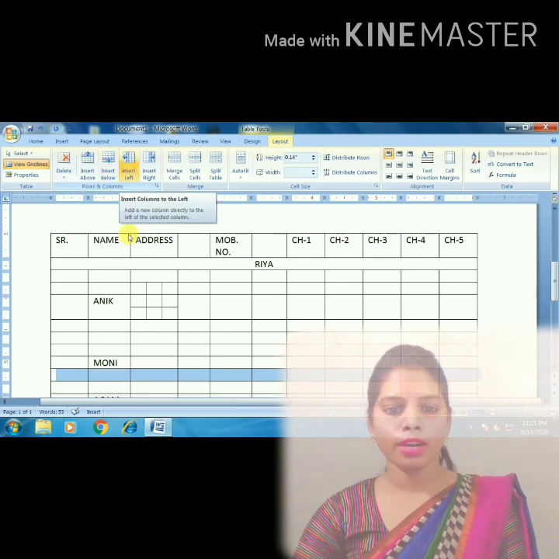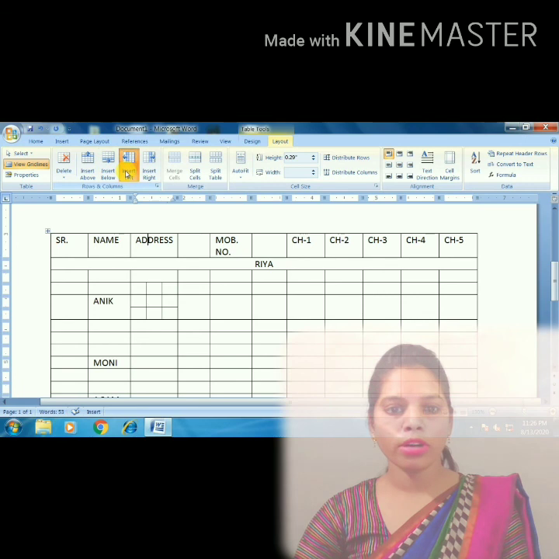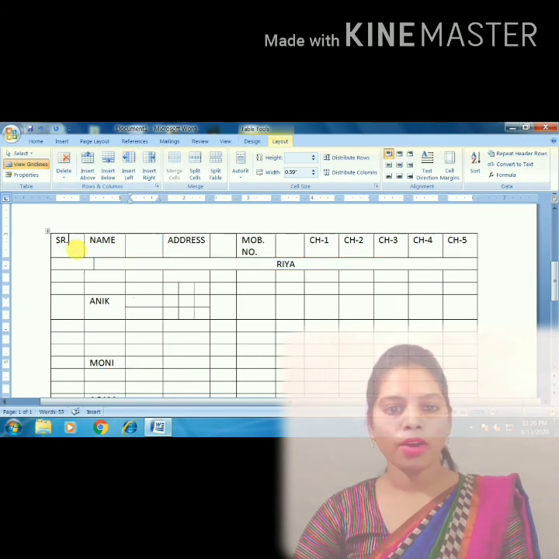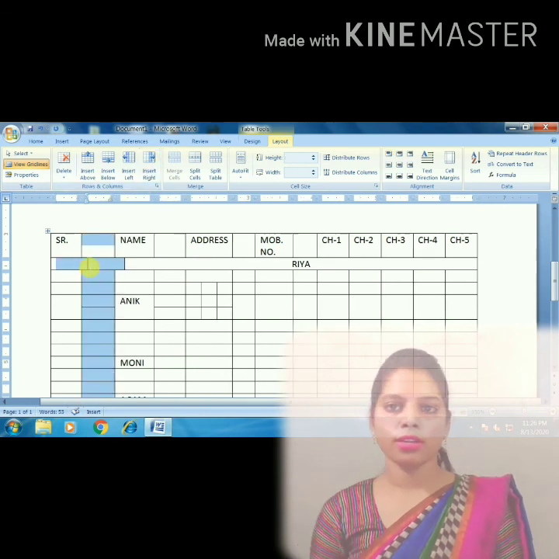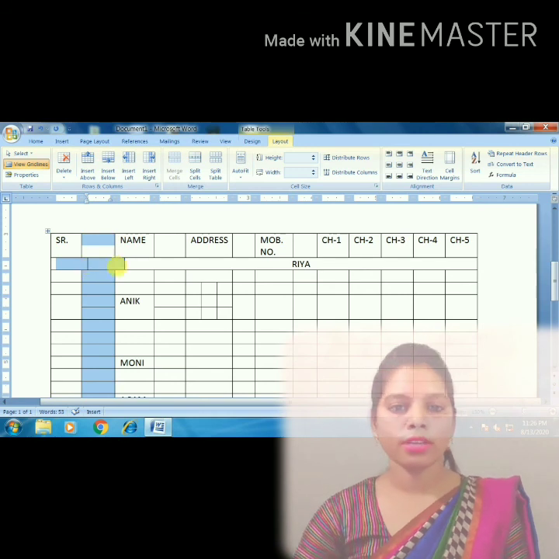After that, insert left. Suppose you want to insert from left, then click over here wherever you want to insert. After then, click on left. Left side column will display. After then, suppose you want to insert on the right side, then a right side column, suppose, the entire column will be inserted. After then,